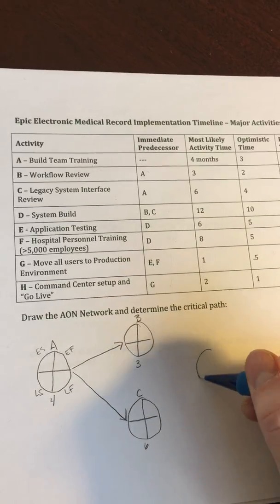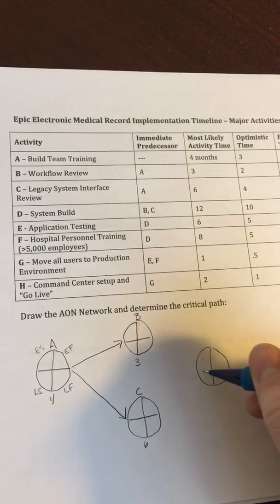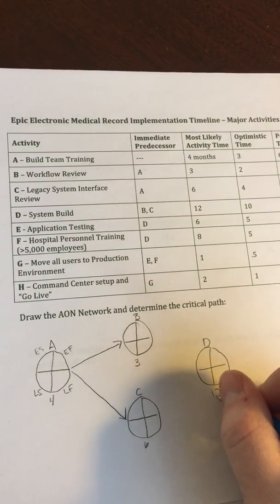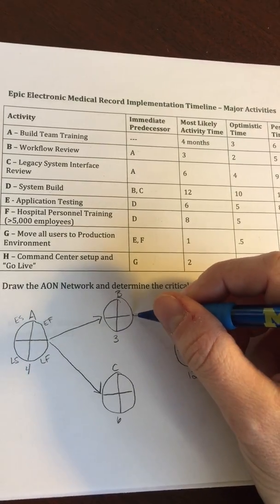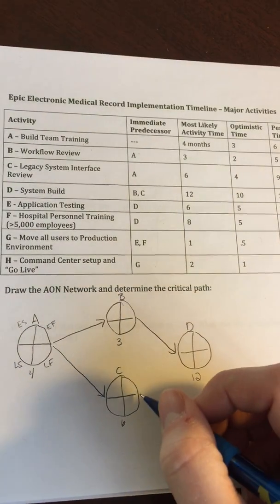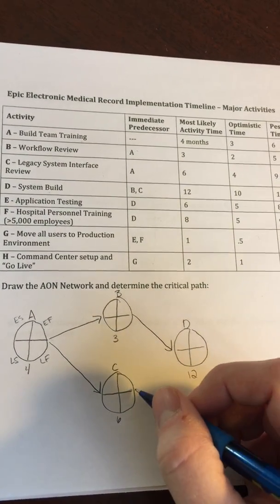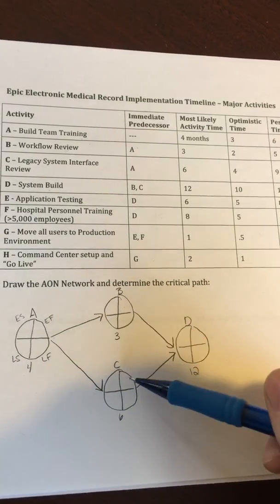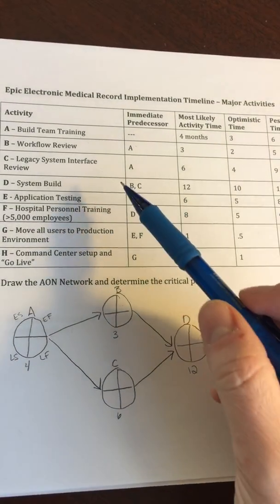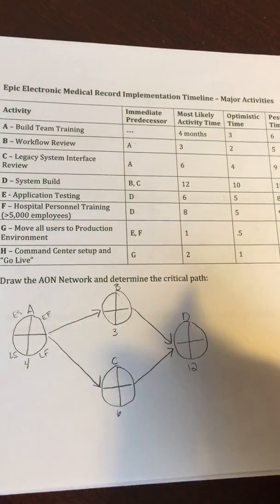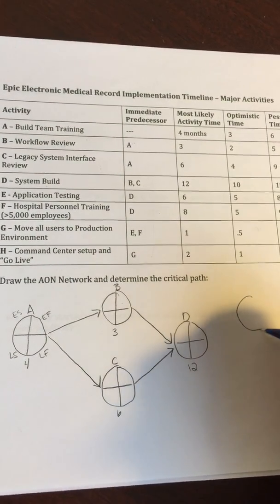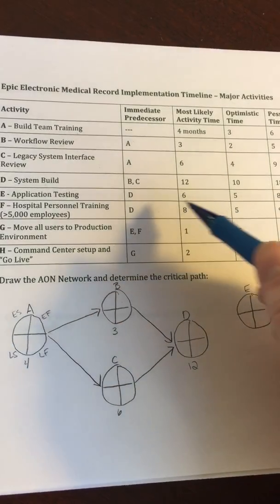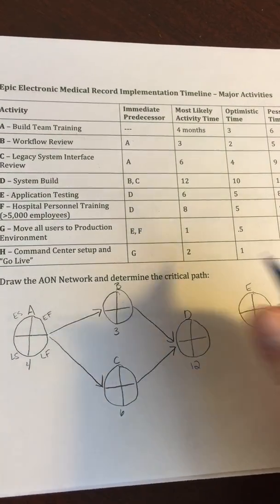Now we have activity D, system build, which cannot start until both B and C are complete. So in this case we'll have D, which takes 12 months. Build is the longest step in the software development process. And so activity B goes to D as well as C, again because D can't start until both B and C are completed. Next, activity E, which will come off of D, and activity E is 6 months,